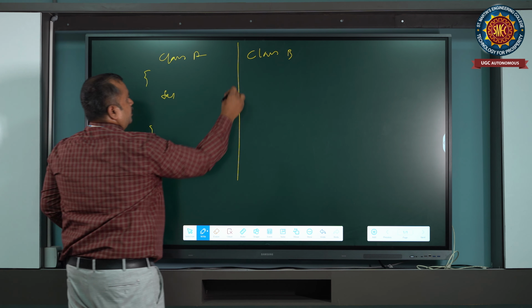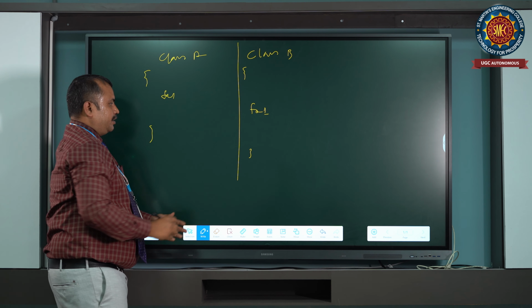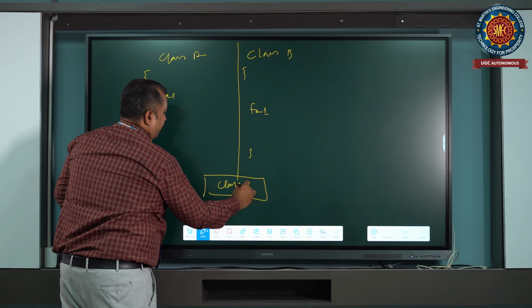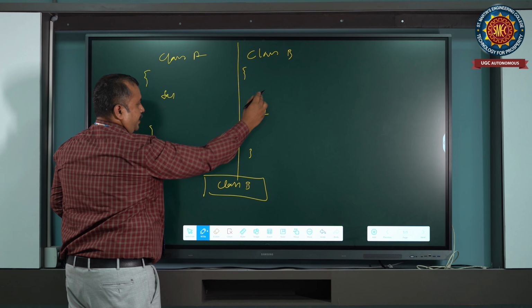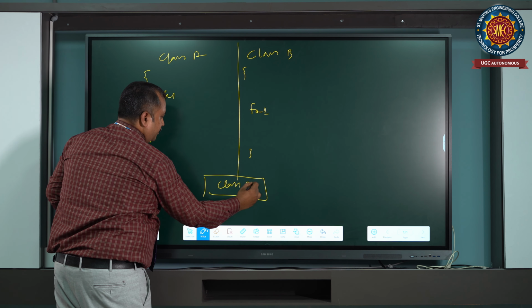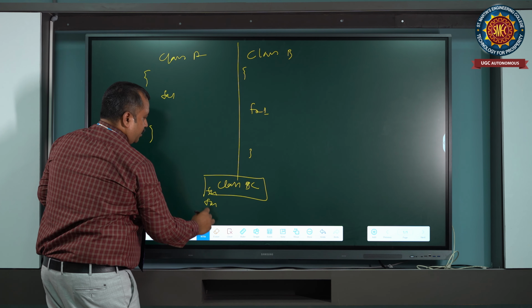Class B is independent of class A, and it may also have a function named function 1. Then if you construct class C with the help of class A and class B, what will be available in class C? Function 1, again function 1.